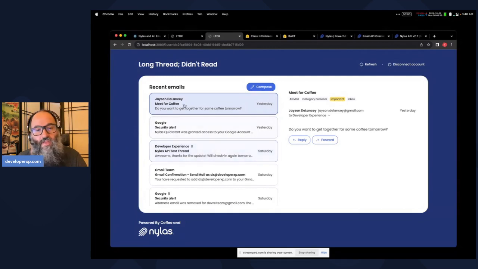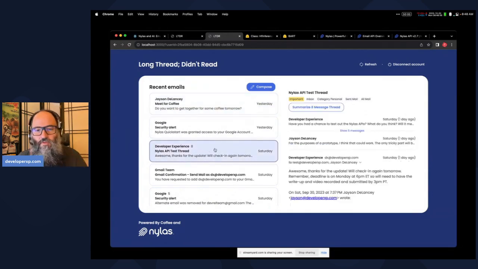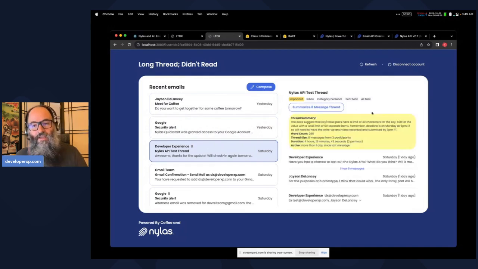So to solve for that, if you have an email application like this, you might have some simple Q&A going back and forth on individual messages. But for these threads, there is a button to summarize the entire thread. And so by clicking that, I get a summary. So this is using an AI tool to come up with a text summarization, and I'll go into that in a moment, but also presenting a little bit of